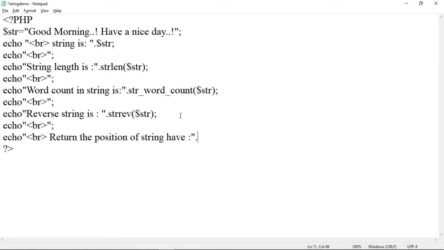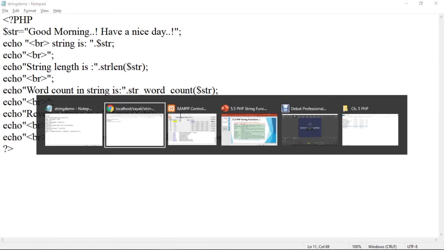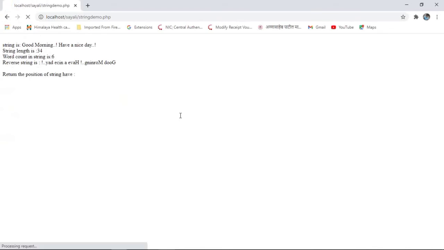To find out the position of a certain word we will use a function that is strpos. Then in brackets here provide first of all a string. So the string is $str and then comma, provide the string of which you want to find out the position, that is have. Okay, so now use here semicolon, then save this program and again refresh the page to see the output.